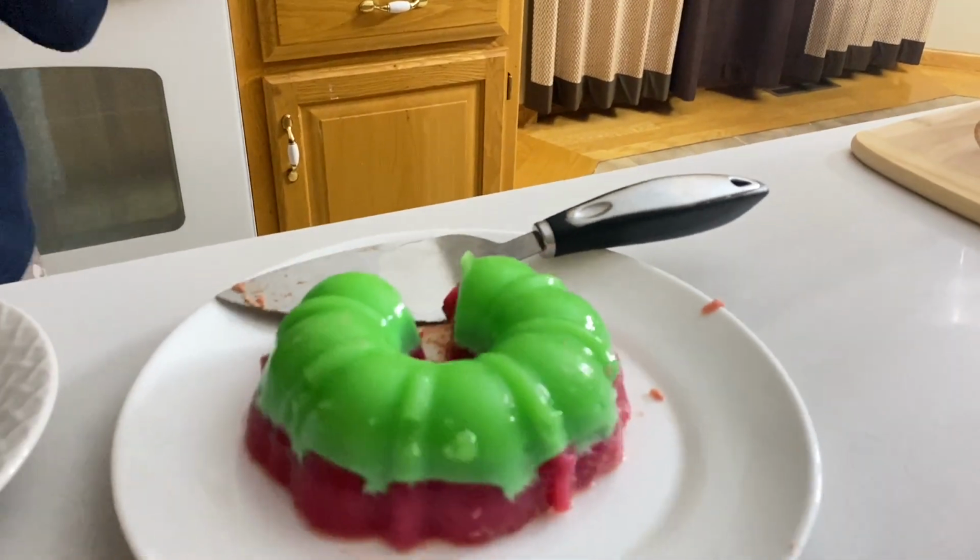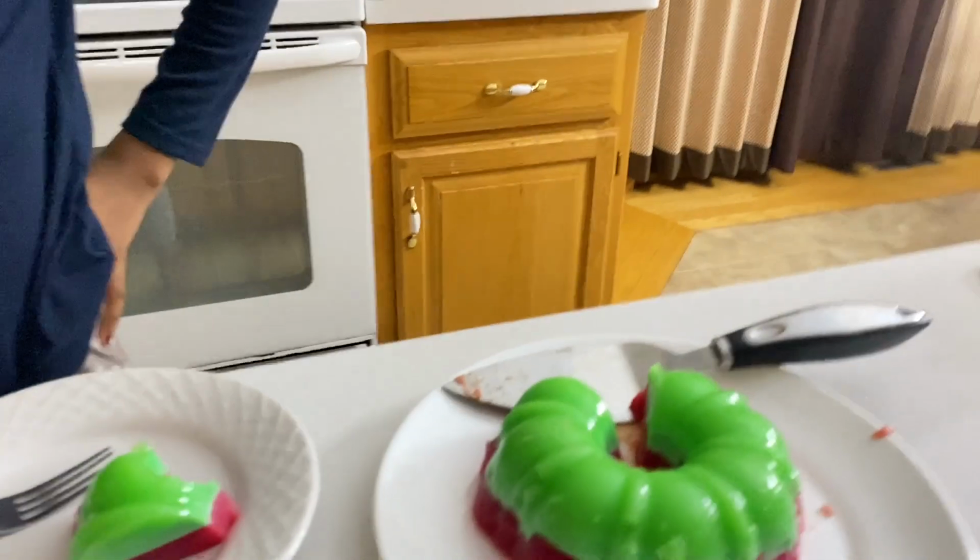See our jiggly. This is so yummy. I can't even wait. I'm gonna